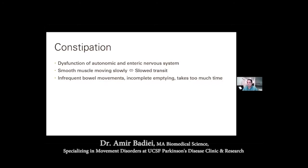It's kind of embedded in the walls of the entire gastrointestinal system, along the stomach, intestines and colon, along with the theory that in some cases the disease may start there, and started a long time before. But the main way to conceptualize it is that in the colon, after you've digested most of your food and it's gone through the small intestine, gotten most of the nutrients and medications absorbed,